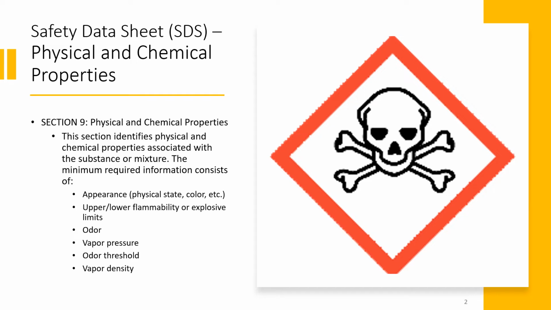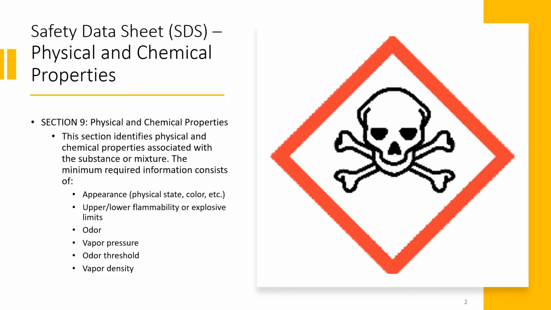So, Section 9, Physical and Chemical Properties. Some chemicals are pure in nature, others are a mixture. Others, of course, you will find where it's a mixture, but yet it's going to be several percentages, and it may have a range. It may have a lower range, it may have an upper range. So it's really important that we also understand the physical and chemical properties of this when we sit down, because many times we are just looking at the chemical, and one of the first things it talks about is the